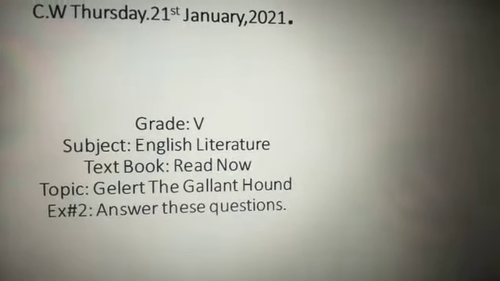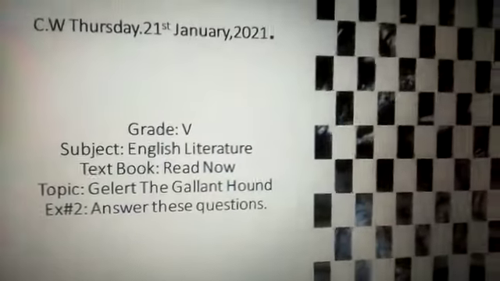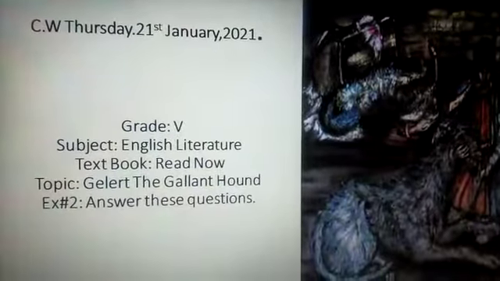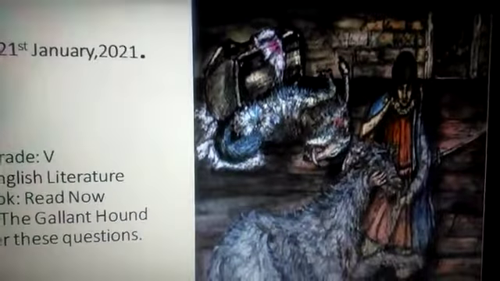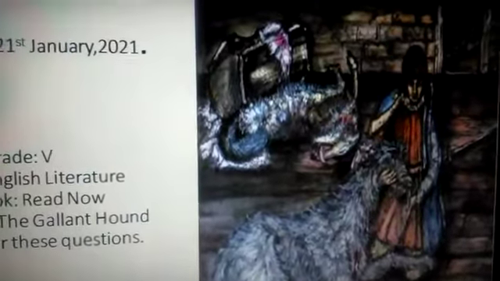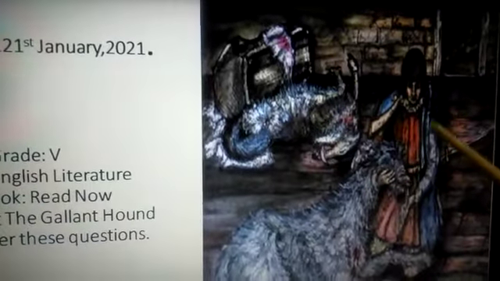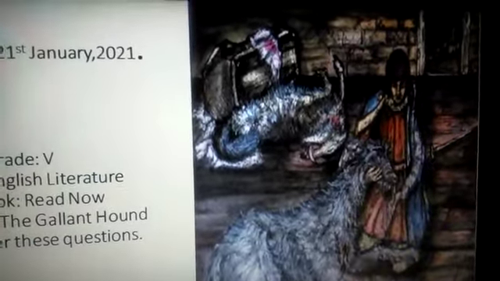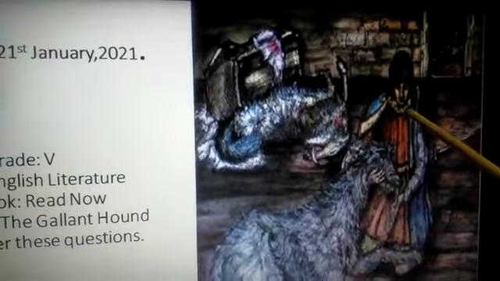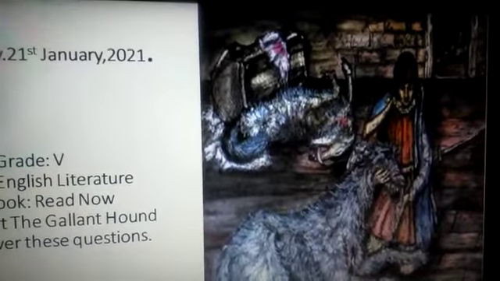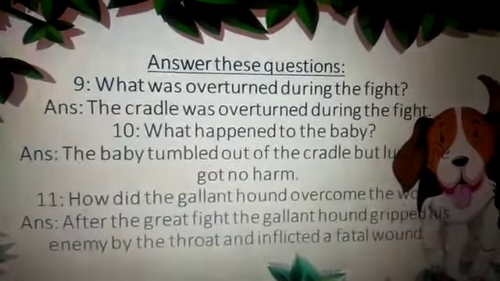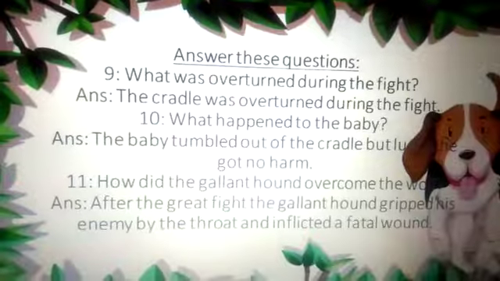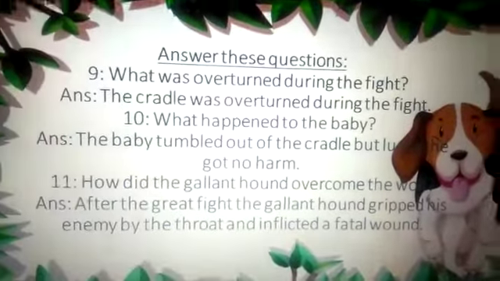As you know that we have already completed our 8 questions yesterday, so now we will continue from question number 9. So what comes to your mind when you look at this picture? Obviously you have read the story before, and now you can see in the picture that the dog is hurt, the wolf is dead, and the prince or the king is sad. Now move to our topic. Okay, our exercise is answer these questions.